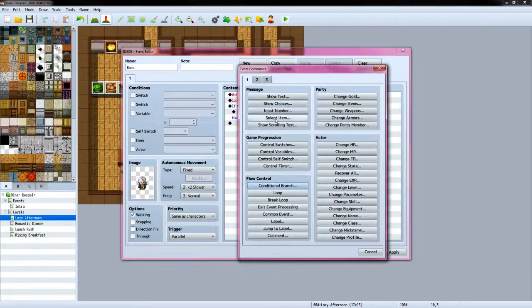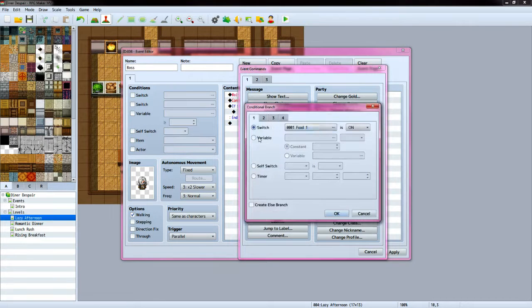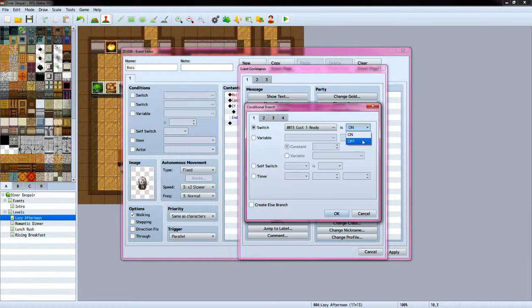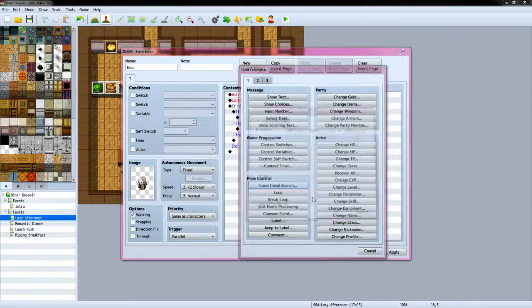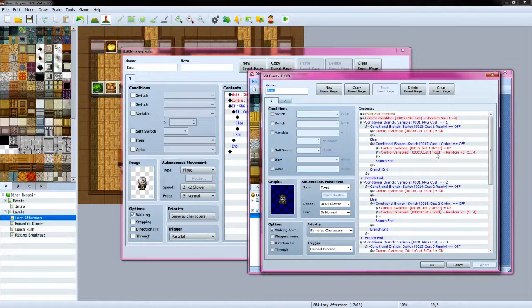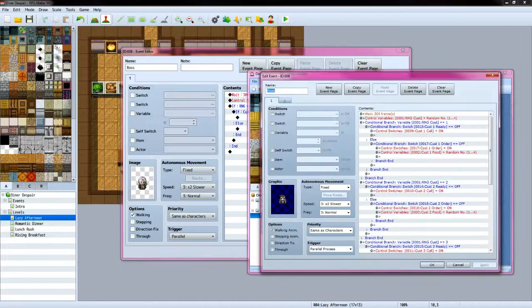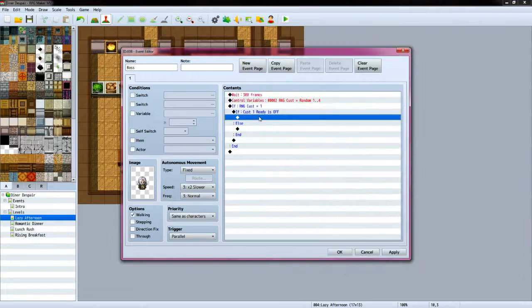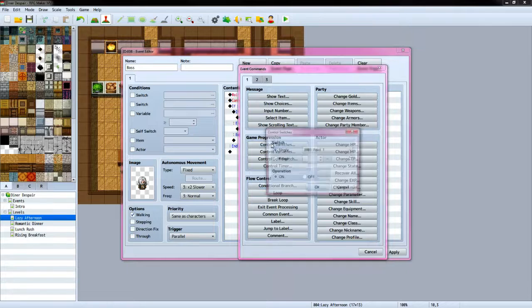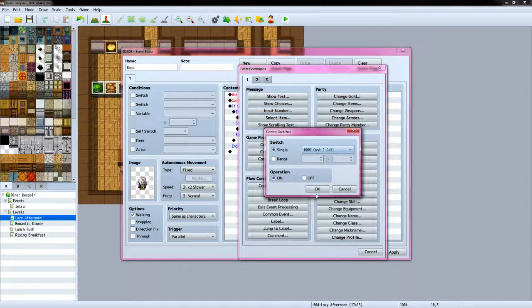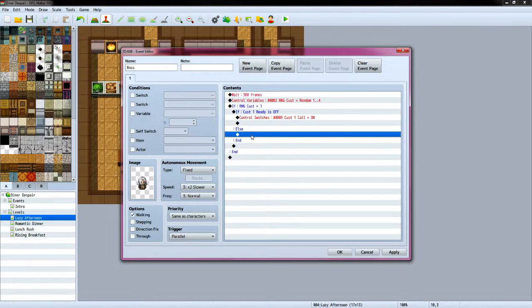If customer 1 ready is off, turn it on. Turn call on. Whoops. This is how we call the customer. Else,